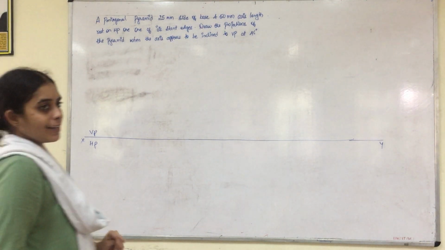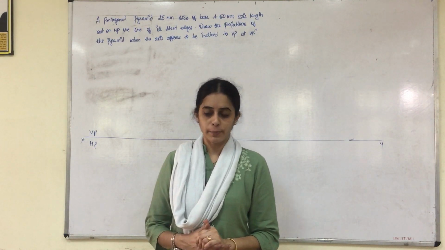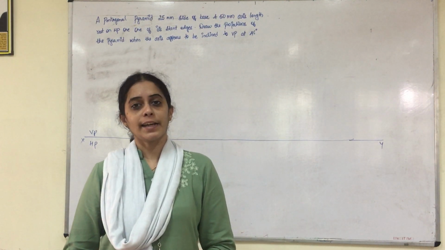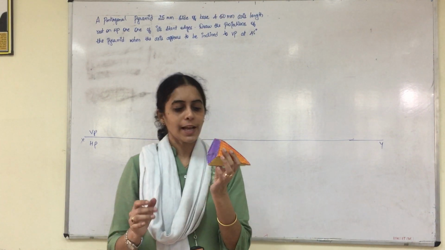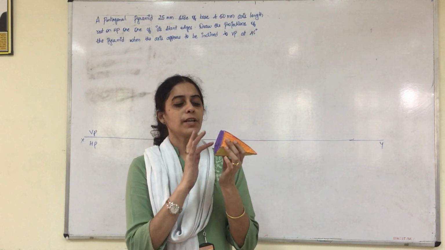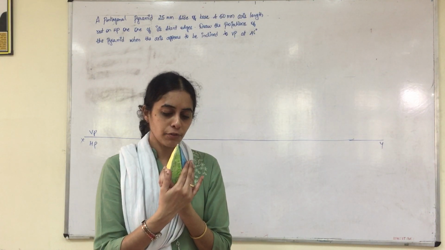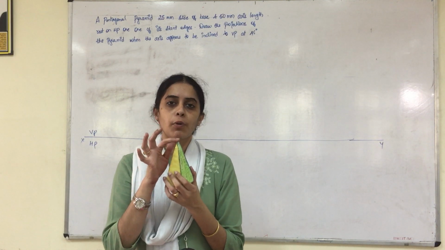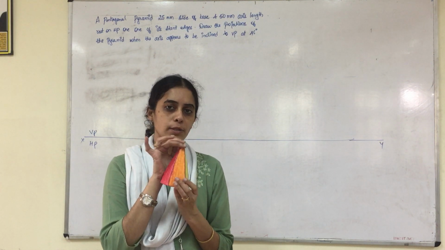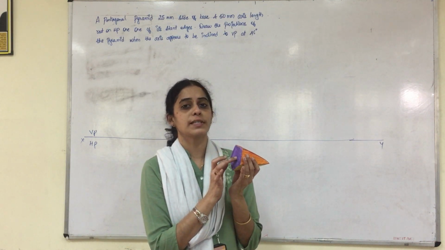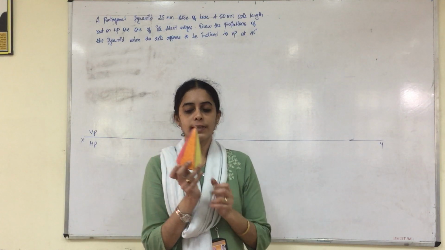So welcome everyone. Today we will be solving a problem on a pentagonal pyramid related to slant edge problem. Does everyone know how a pentagonal pyramid looks? It will have a base surface of 5 sides, bounded by 5 triangular surfaces which meet at a common point called the apex. It will have the top center as O and the bottom center of the surface as O1. So this is about the pentagonal pyramid.